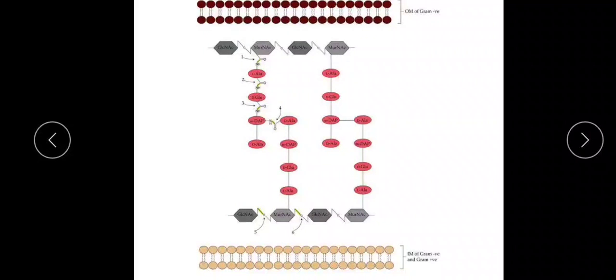So what are the details? Bacterial cell wall is made up of peptidoglycan, a heteropolymer made up of alternating units of N-acetyl glucosamine and N-acetyl muramic acid. These chains are interconnected with peptide chains, and this peptide chain is connected to the carboxylic group of N-acetyl muramic acid, and the amino acids present in the peptide chain are alanine, glutamic acid, lysine, and another alanine. They are cross-linked, and this cross-linking helps in the stability and rigidity of the cell wall.